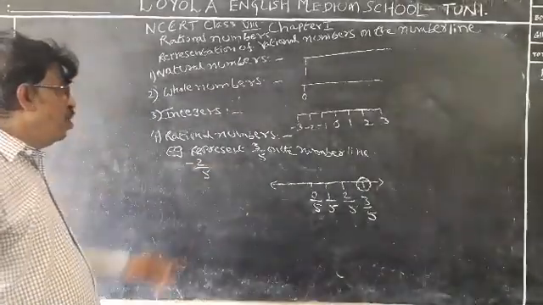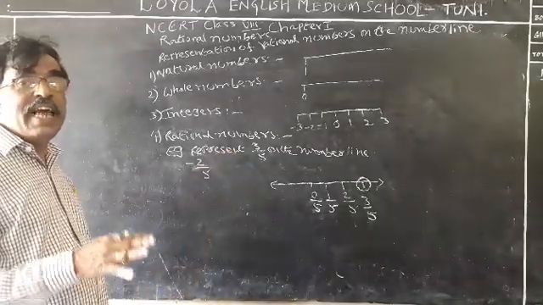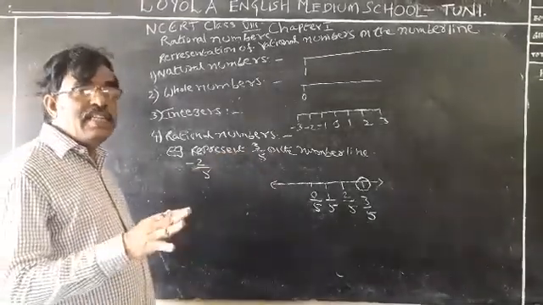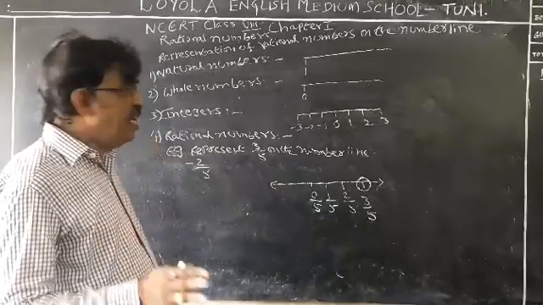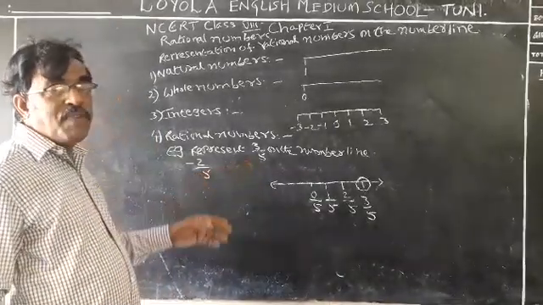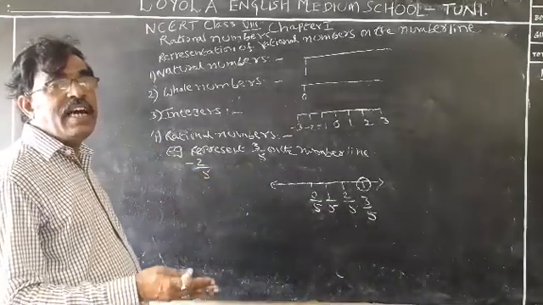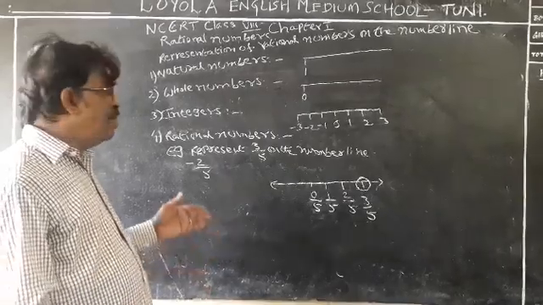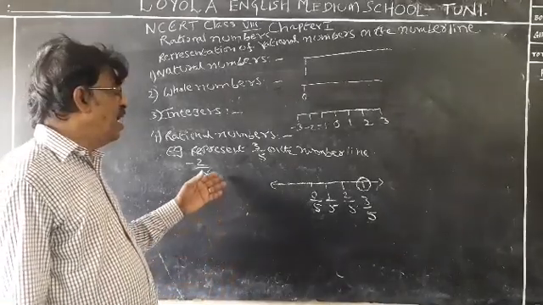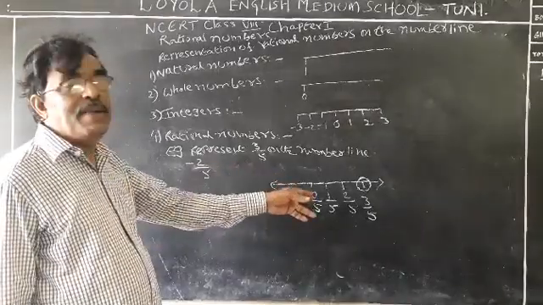Same two numbers, both are like fractions. We can represent as many like fractions on the same number line. For example, I am taking 2. Here, for example, in the exercise there are 3 or 4 numbers. 3 or 4 numbers also we can represent the same as 2 numbers on the number line.